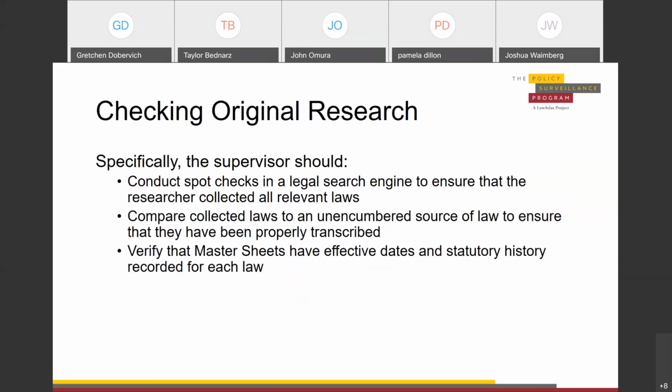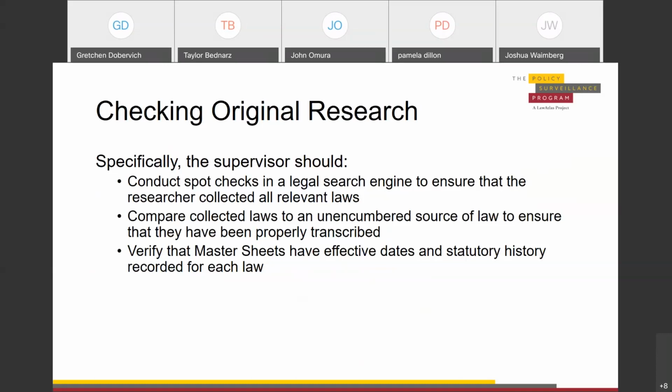This is original research checking that the supervisor can do throughout the course of the research. So you don't need to wait until the researcher is completely finished creating the master sheet to check on some of these things. This is stuff that can be done in the process of the original researcher's research. And I mention this because these are steps that can be taken that are different from the redundant research process,